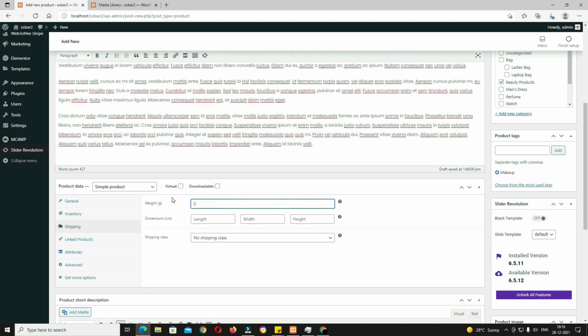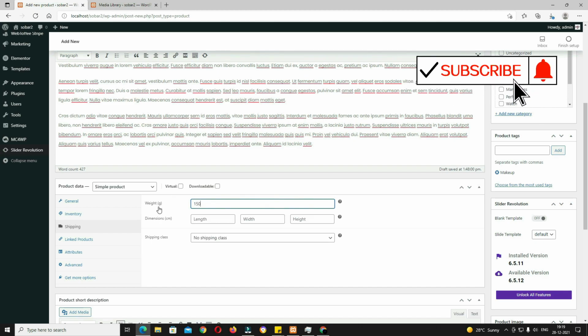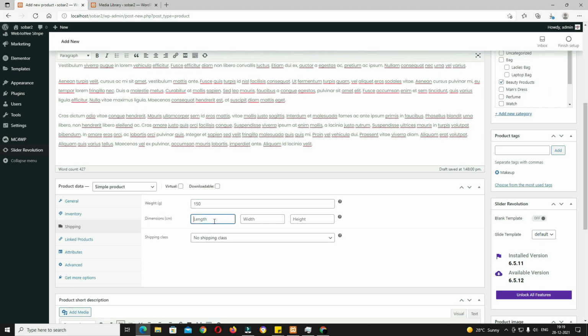So in the shipping option, here you have to enter the product weight in gram, because in the weight parameter I selected gram, so it is coming in gram. And after that, dimension, whatever the product dimension is you have to enter. I am entering some dummy content, but you have to enter appropriately. After that the shipping class: does this belong to the heavy shipping class or not? If the product belongs to the heavy shipping class, you have to choose heavy, else you have to choose this option, no shipping class. The remaining is not that important.